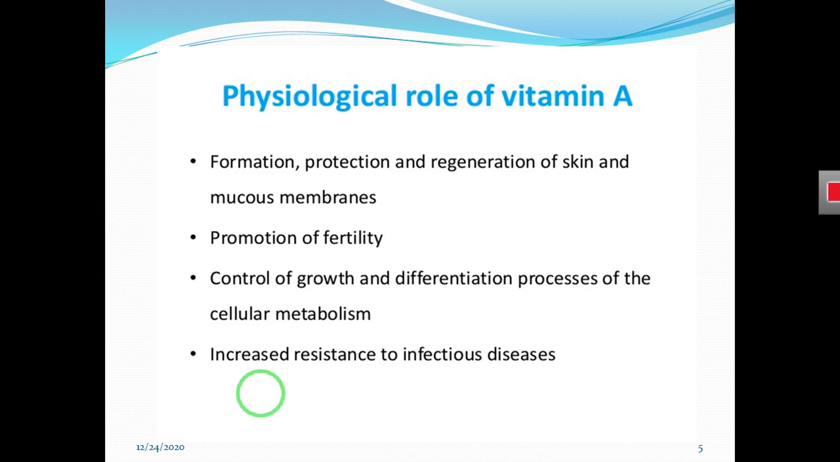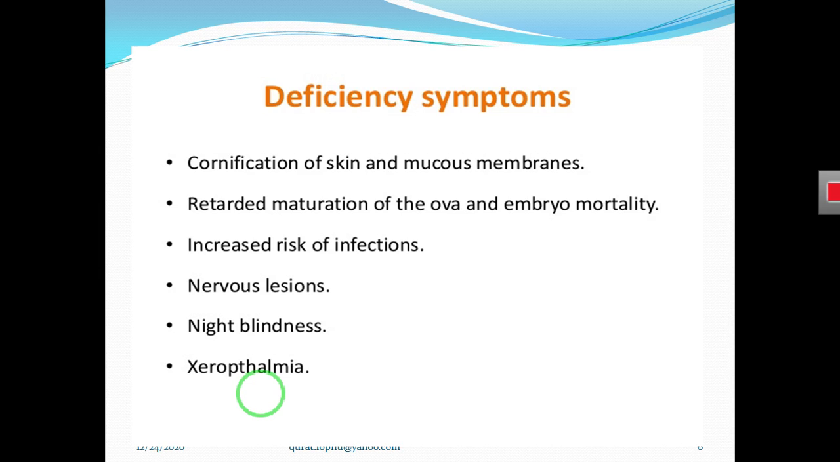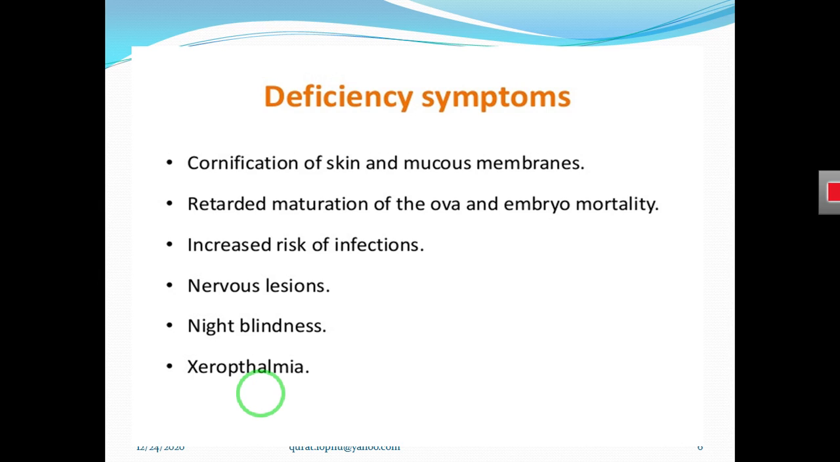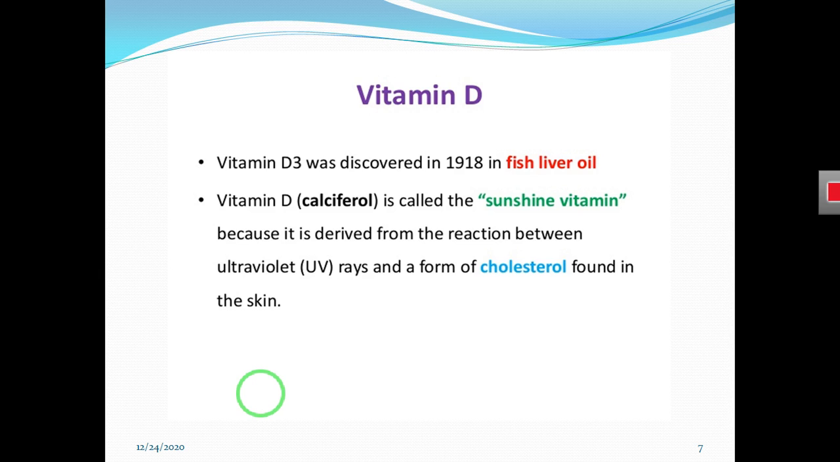generation of new cells, new skin cells and cells of the mucous membrane, and it is also involved in the differentiation process and cellular metabolism. However, due to the deficiency of vitamin A, there are different diseases. For example, one of the most important diseases of vitamin A deficiency is xerophthalmia, and vitamin D is